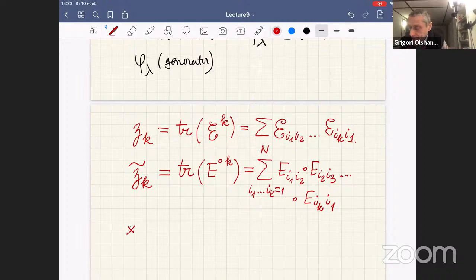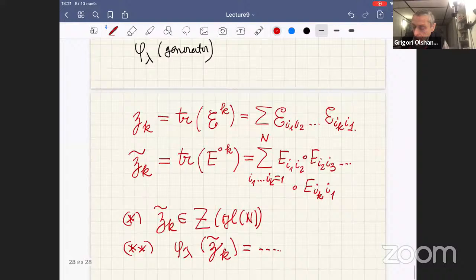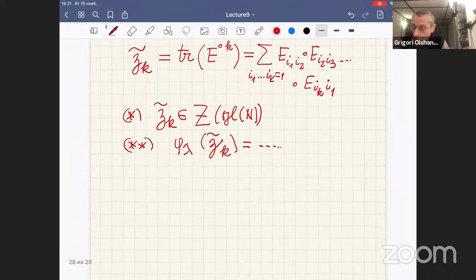The effect is as follows. First, these elements are in the center. Second, there exists a nice explicit formula for this quantity. And next time I will explain how to prove these two claims. Okay, so this is the end. Now we can discuss